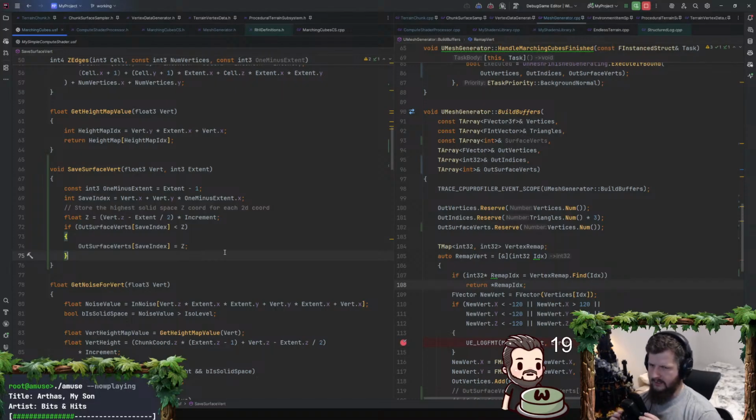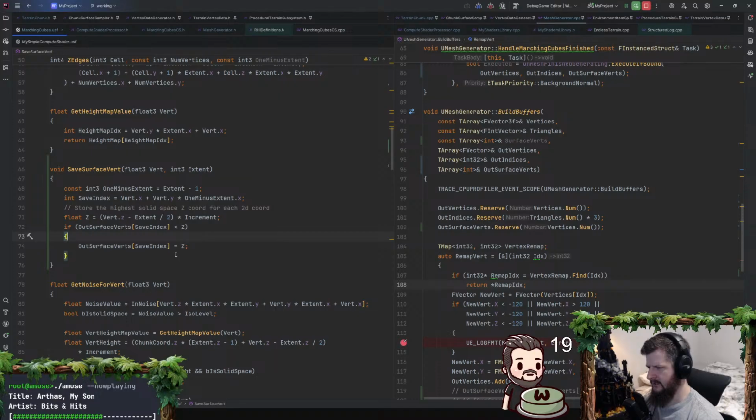I don't need to store a value for every single vert to determine whether or not it's a surface or not. I only need to store the surface most ones, which means I only need like one array layer, I think. So as I go through each vert,